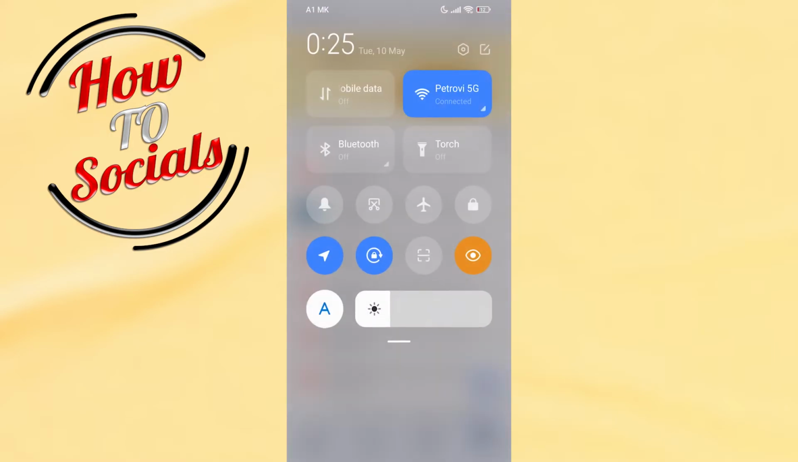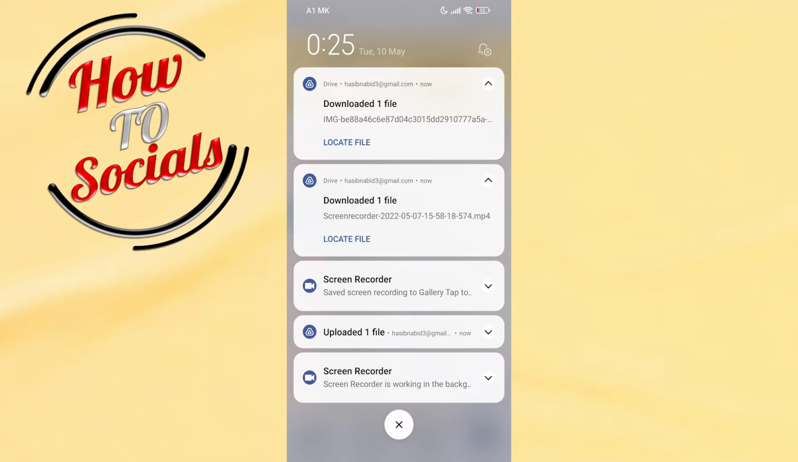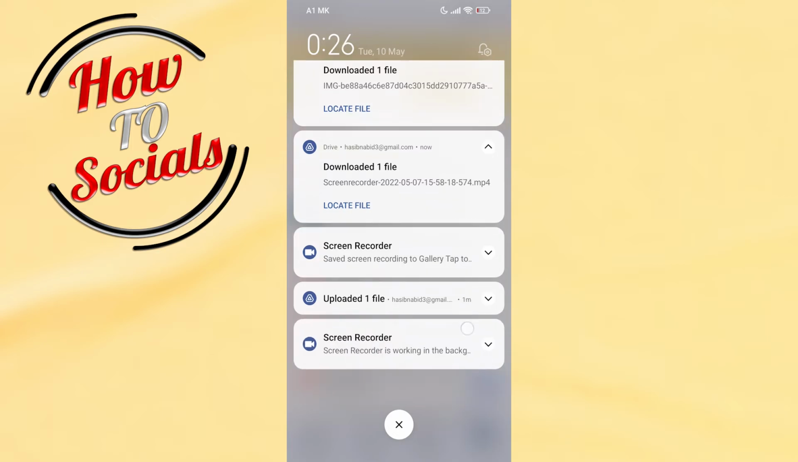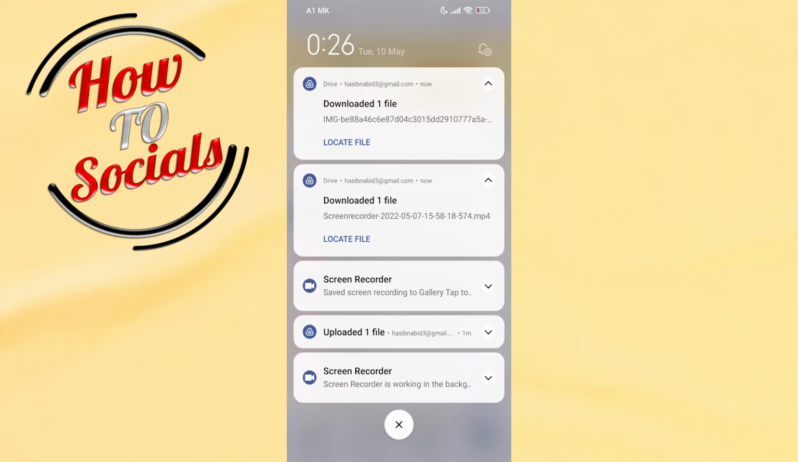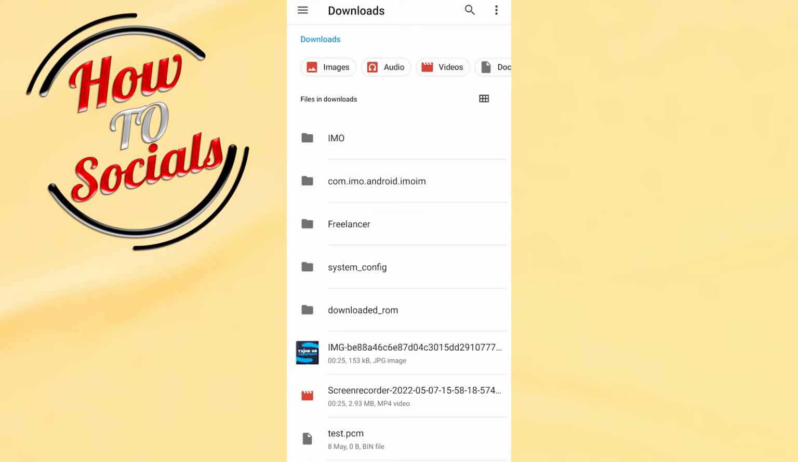And now if I get back to this section, as you can see guys, these two items, the photo and the video, have been downloaded from my Google Drive. Now I can simply tap on it and with this I can locate it on my phone and